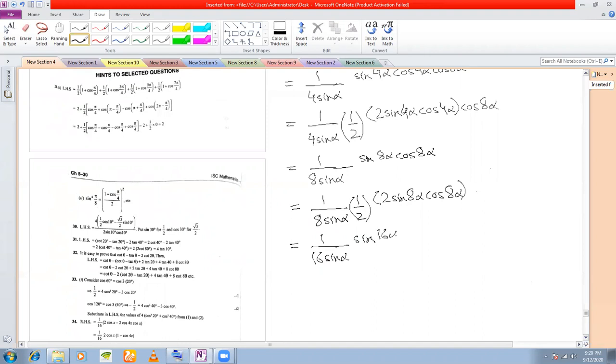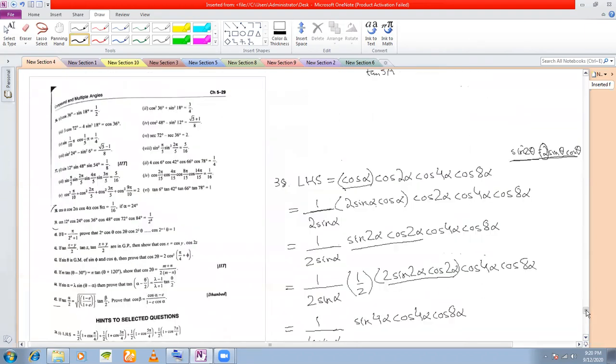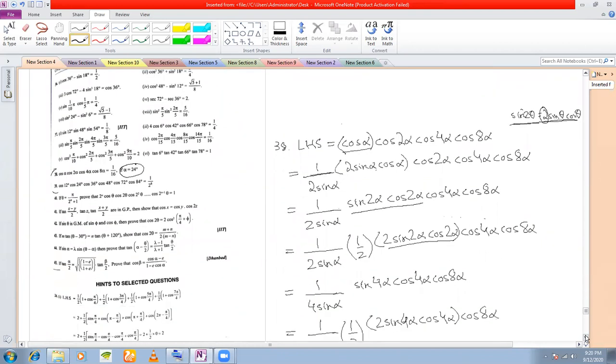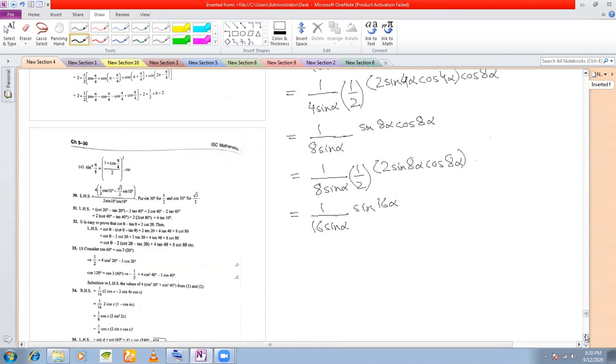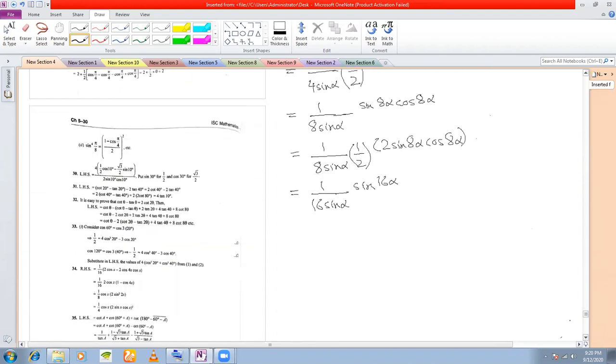Now what you see here is alpha is given to be 24. So you can either put the value of alpha and use negative and associated angles, or better still, what you can do is